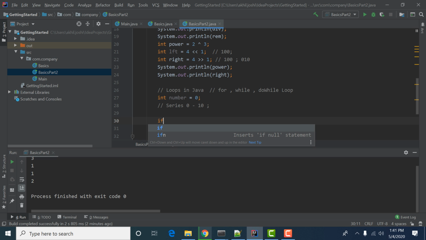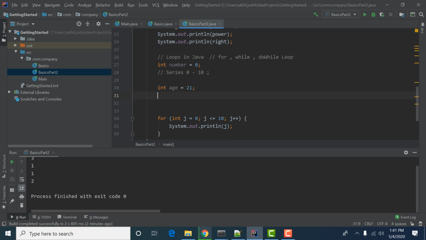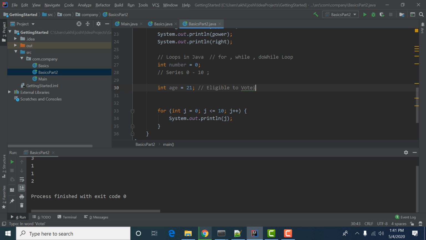Let us suppose we have int age, and someone's age is 21. These are conditions. If a person is 21 years old, then he is eligible to vote in an election.